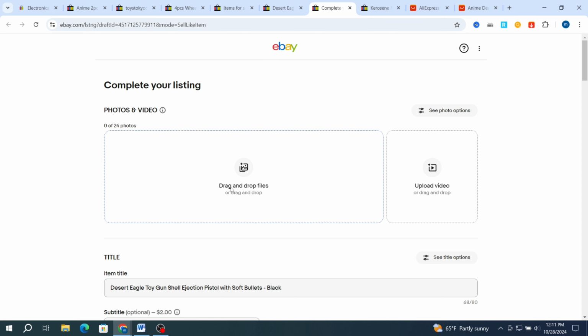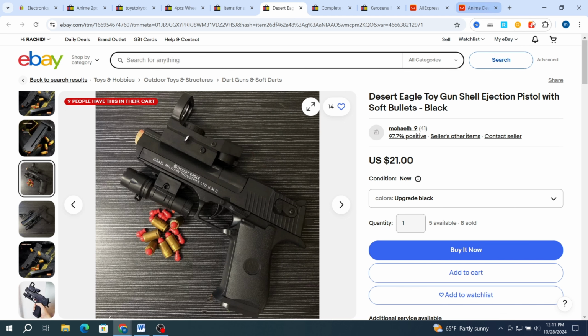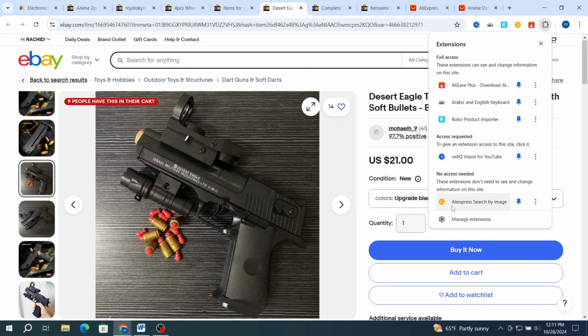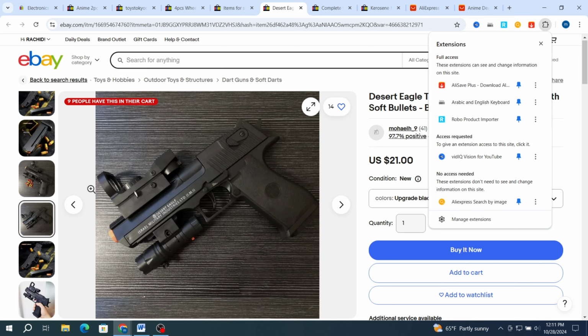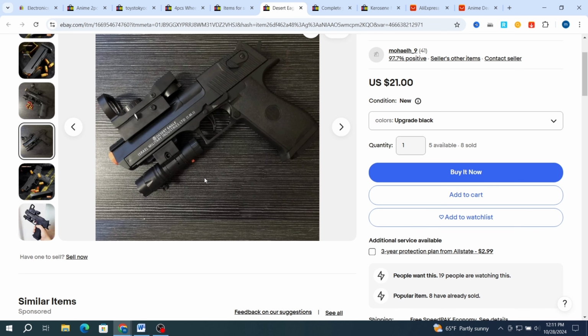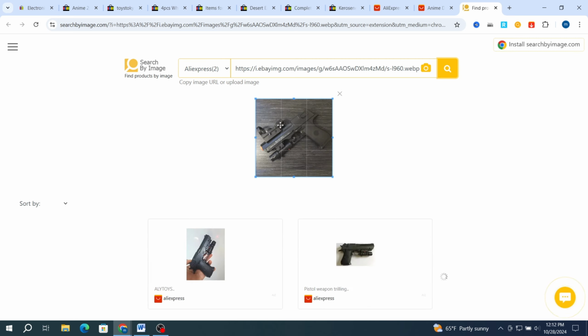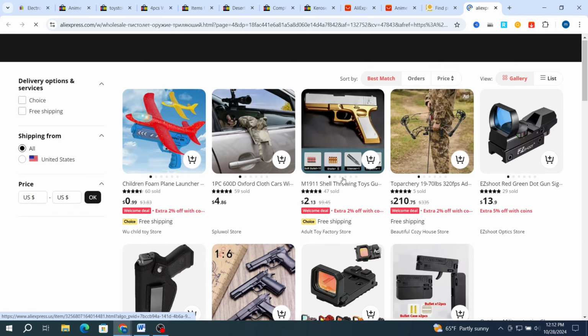Then guys, if you want to import the picture, you need to add an extension to your browser. Its name is AliExpress search by image. Just pick any picture, right click and hit on search goods on AliExpress by image, then hit on search. It will take you directly to AliExpress and the same product on AliExpress. As you see guys, this is the product. Then on AliExpress, see how much it costs. As you see guys, this is the easy method to find the dropshippers. As you see guys, the product on AliExpress,